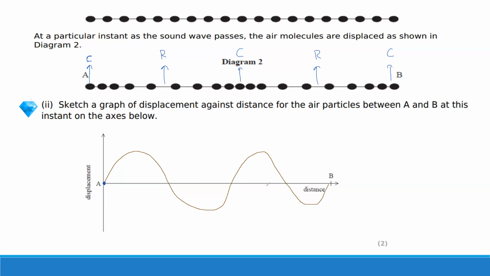Why is it that length? Sir, I did it that length because, oh wait, sir, I forgot there's five points. I put one less. No, you didn't. Look, there's a compression, 3, 4. Oh yeah, I did it right. This is a rarefaction, right, according to you. Yeah. Then this is a compression because displacement is 0. And this is a rarefaction. And then this is a compression.